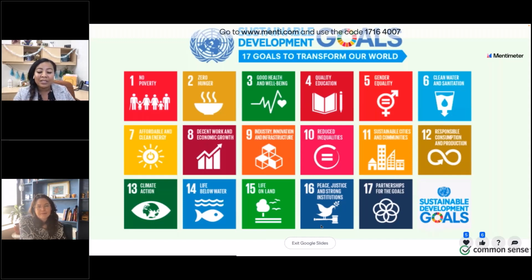So they would choose one of these goals and say, I really want to work on no poverty in my area. I noticed that we have a lot of people around our school that seem like they could use a little bit more support. How can I help them? So I love it because it gets our students and our creators thinking, and not just them, their teachers as well. They're kind of getting into their students' minds and seeing, oh, my students really have a passion for this, or they want to help the world with this.